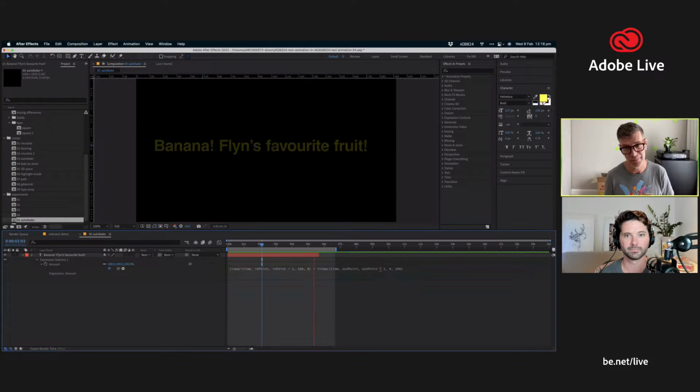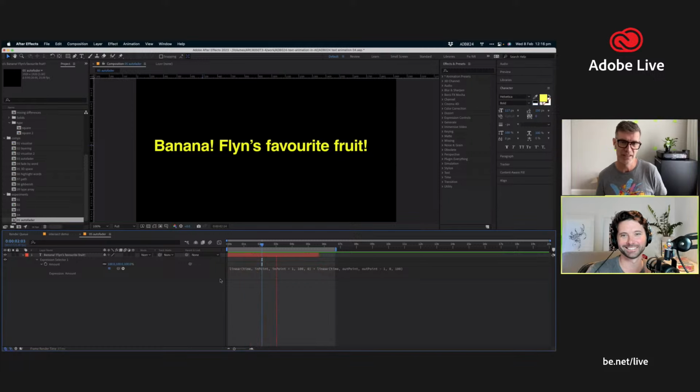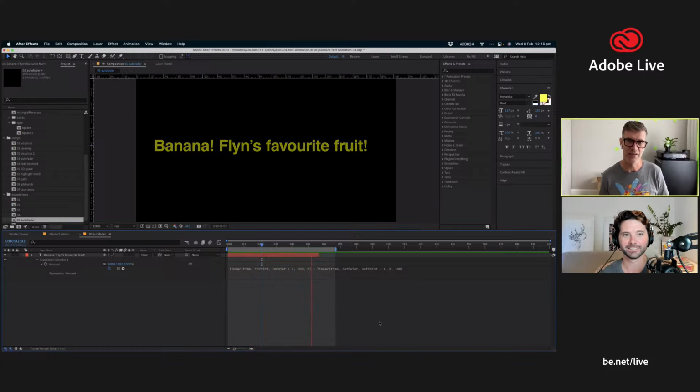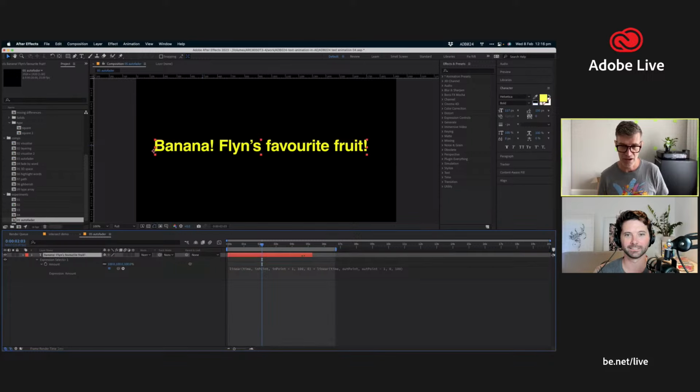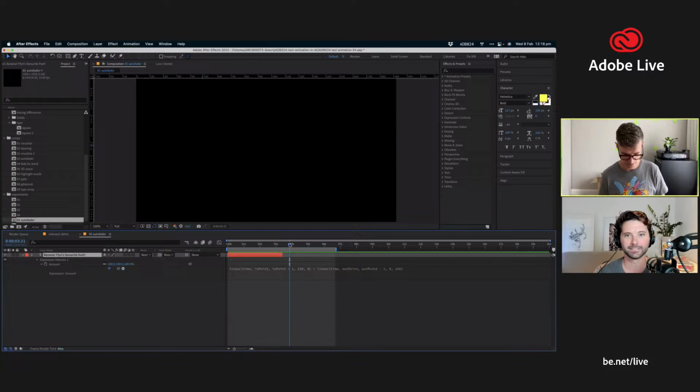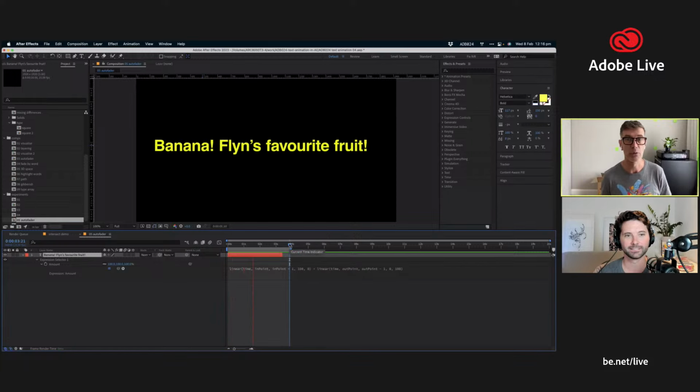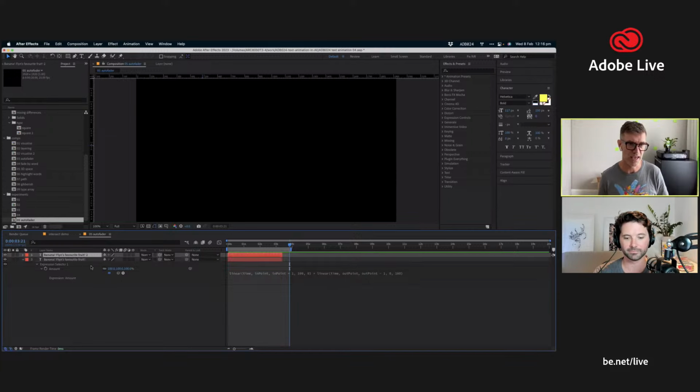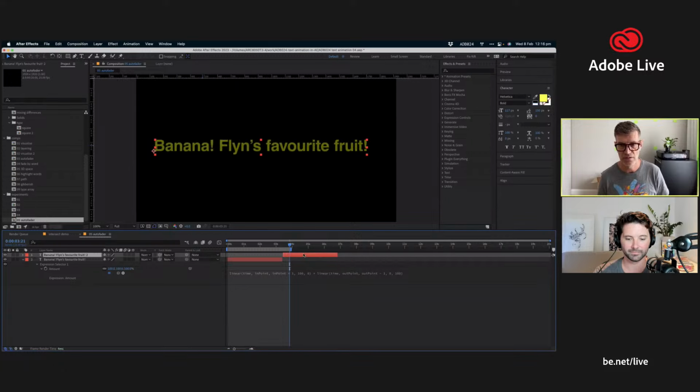Let's see. Play that back. Look at that. It actually did. Nice. So at the beginning, it fades in, and then at the end, it fades out. And I just drag that to a different duration, and then I don't need to play around with keyframes at all. So it's a really versatile trick to have,